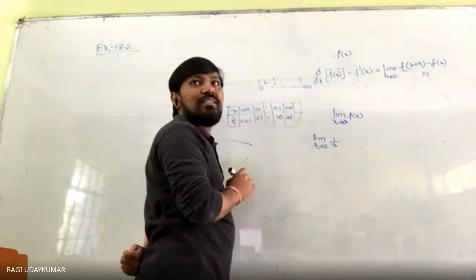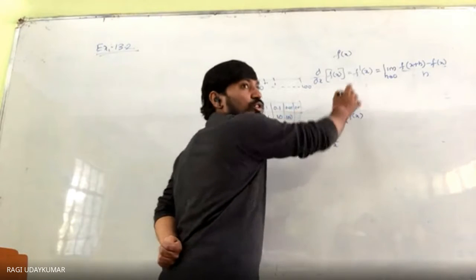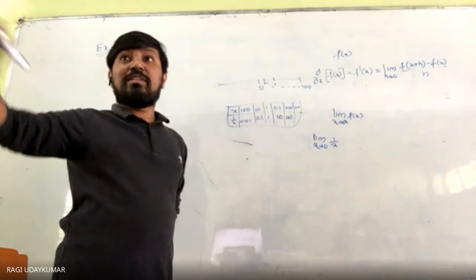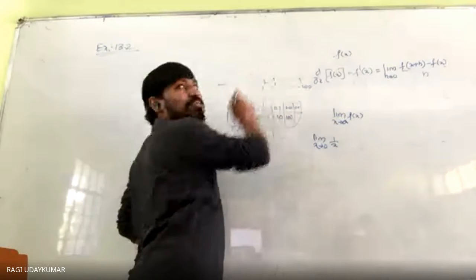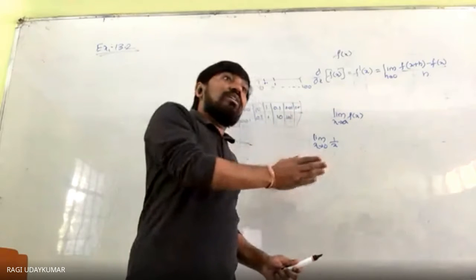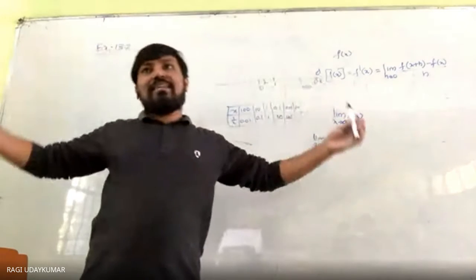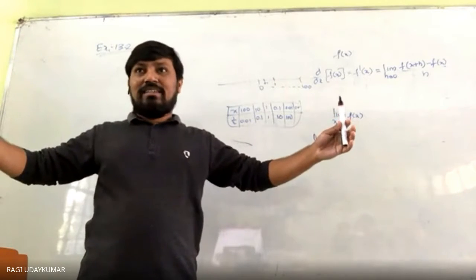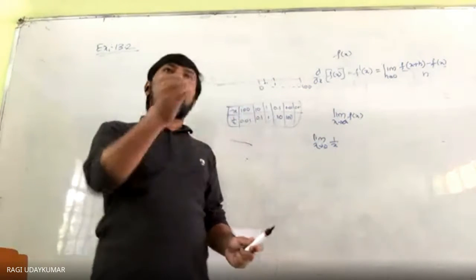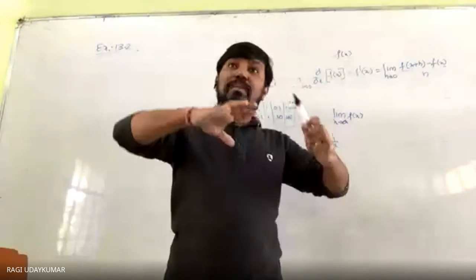Take x as 0.01, near to this number. Again, take 0.000001. What do you get? After the 1, as many zeros after the decimal point, that many zeros will come. Means a very big number. Still more near to that number you take, very near, 1 lakh zeros, so a very big number. We cannot say how much the x value is reaching near to 0, the 1 by x value becomes that much bigger, isn't it? However near the x value is reaching, the 1 by x value is becoming that much bigger.